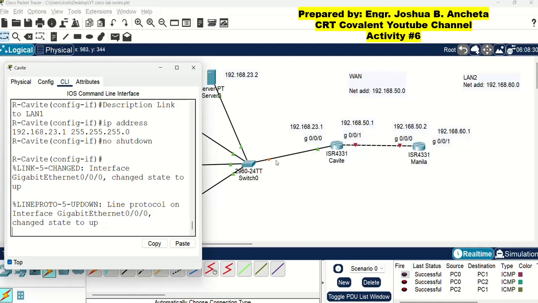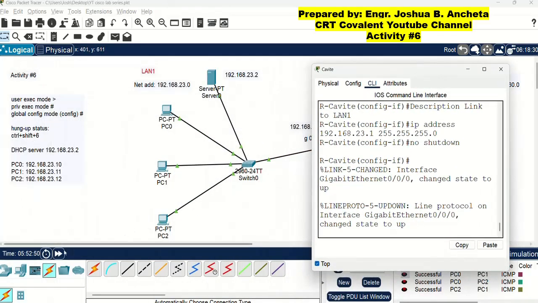Previously, this is red, but because we configured this now, it turns to green. It means the connection is established now. You can wait for this orange connection symbol to turn green, or if you want, you can press the fast forward button.